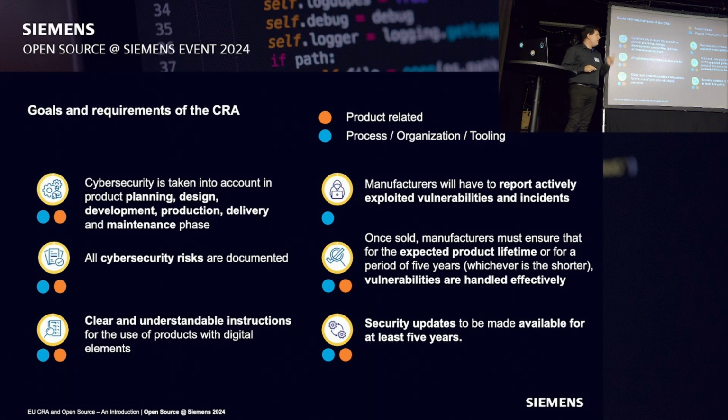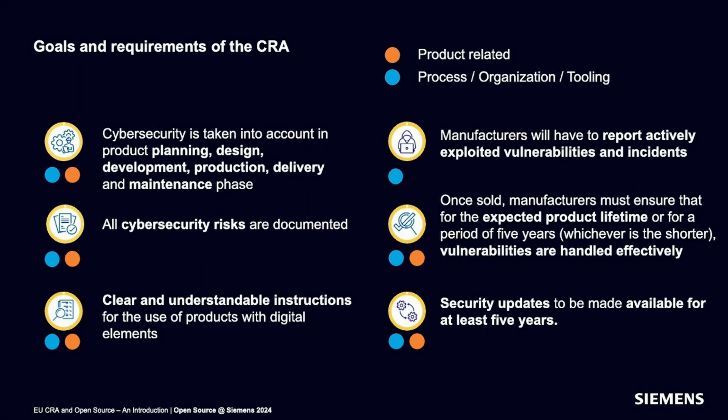That also has a significant impact on the business model, because manufacturers need to define the expected lifetime of the product. It requires that you provide security updates and handle vulnerabilities for at least 5 years, or for the lifetime of the product if it is shorter. But the CRA also says we expect many products to have a much longer lifetime, so you should be able to support vulnerability handling in an effective way for a longer period.